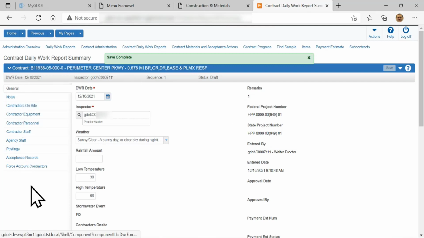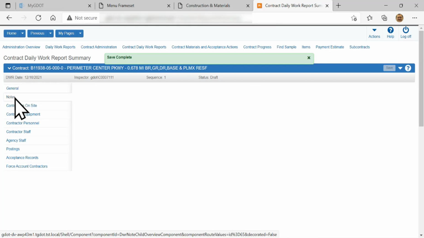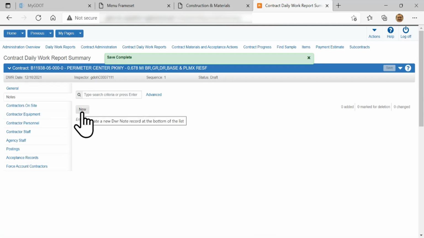On the left-hand side, you'll see I have other tabs that, once I create this DWR and save it the first time, suddenly appear. There's a notes section. The notes tab allows me to add just any information I want to include in there, separate from a remark. Just little details you want to include about the DWR, just for your own sake.